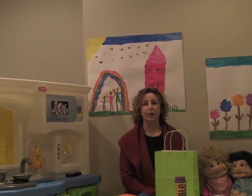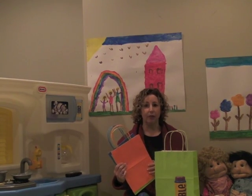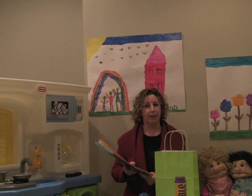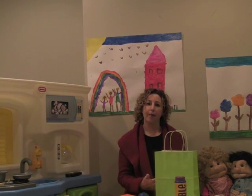So for this technique, you need a gift bag to give to the client, and I like to use these gift bags. These I purchased at Michael's, which is a craft store, and they come in different colors, but they're solid colors so that children can decorate the outside of the bag. You also need a prop that you're going to give to the client that will cue them or remind them